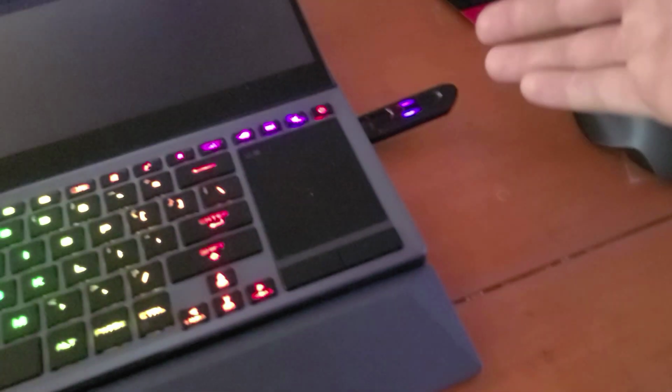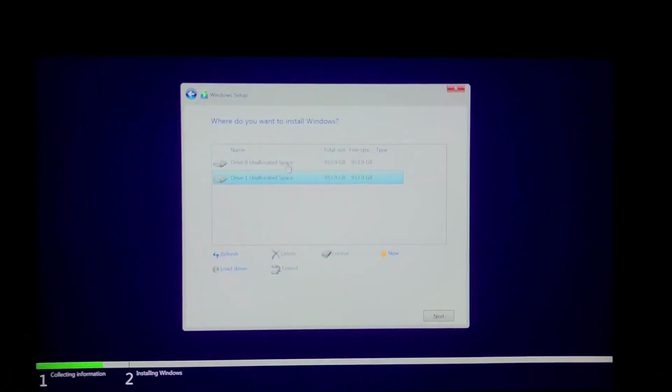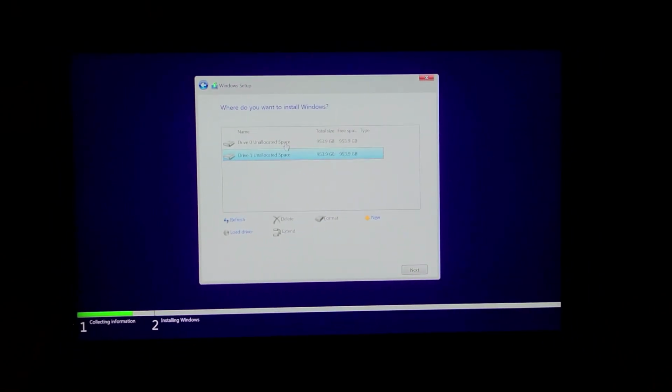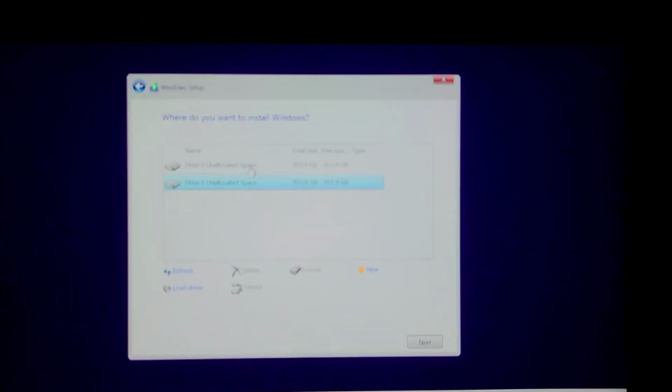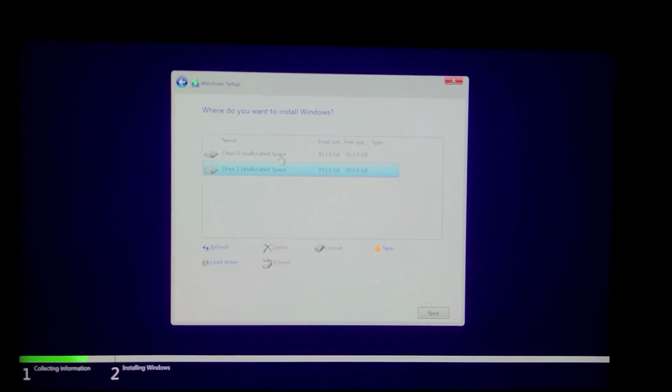I'm using a different version of Windows 10 where you actually have to activate that. So you have to enter your serial number, so that way I can upgrade to Windows 10 Pro, because I have multiple licenses of Windows 10 Pro. Now that I have those, we're going to be installing Windows 10 Pro, and I'm going to be installing